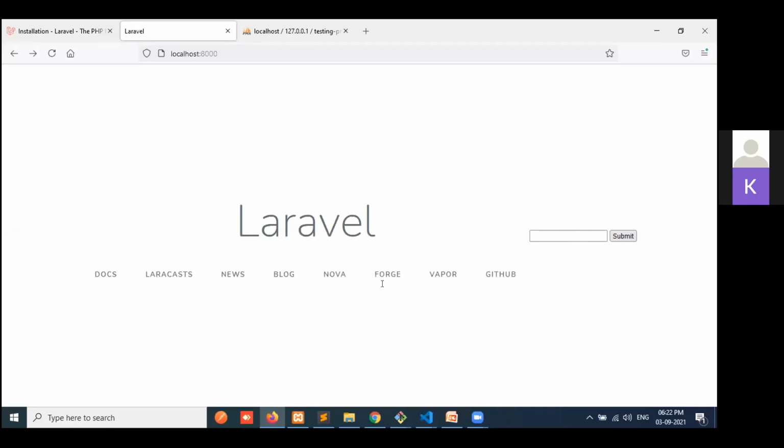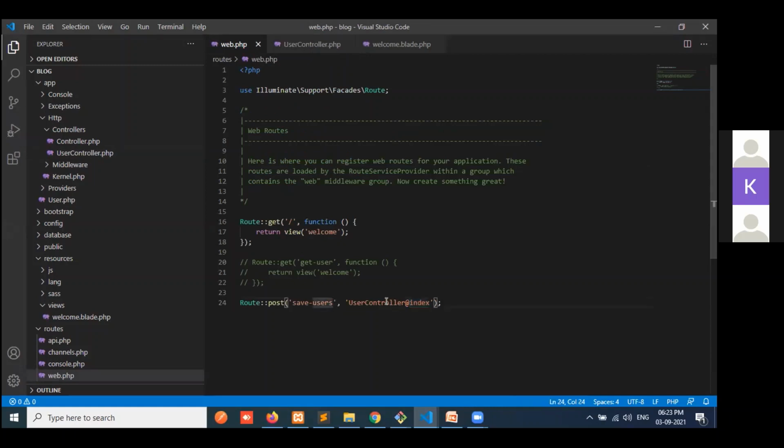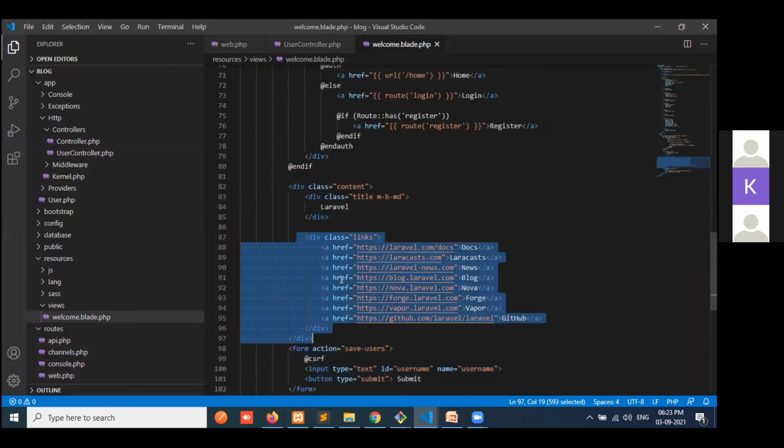Okay, so like that you can do, sir. And if you need to display the record or all the things, you can do like that, with a div, and generate static HTML files.